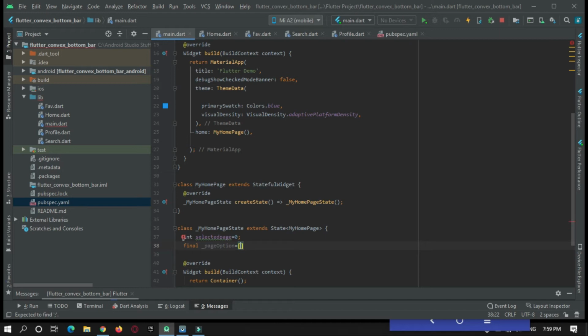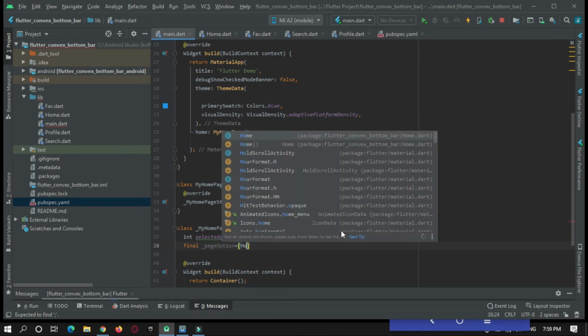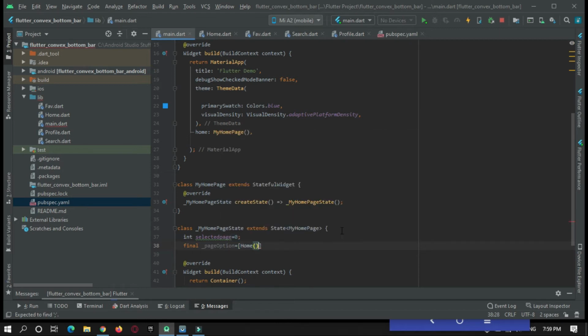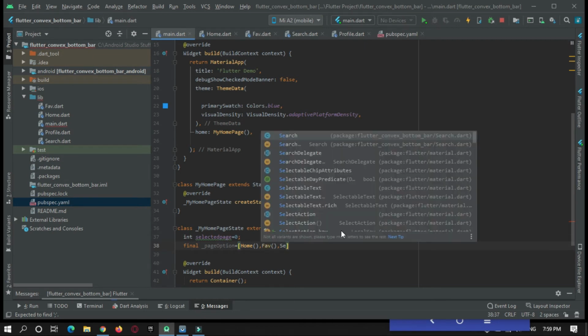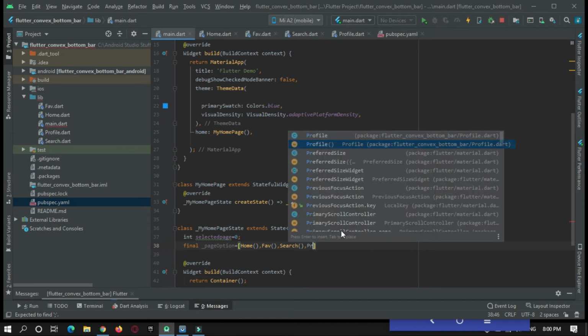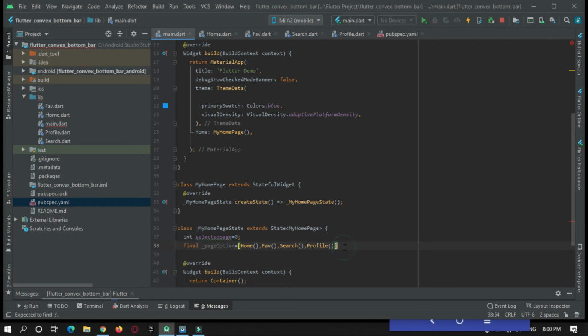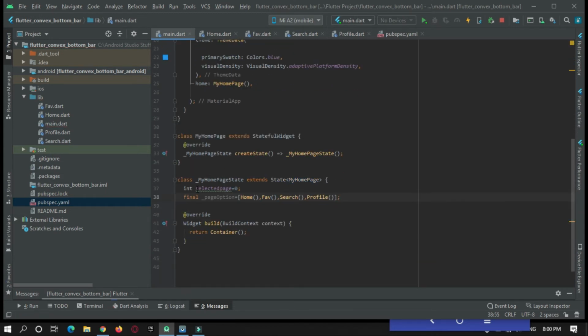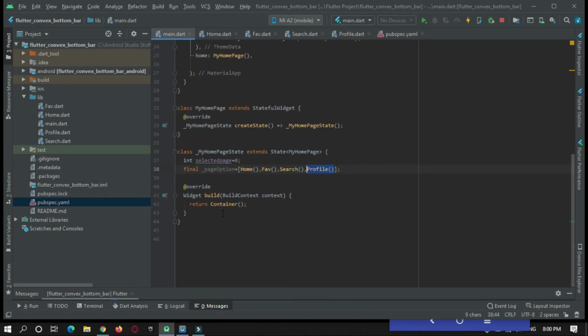This array will hold all the pages. First page will be home page, second will be favorite page, third will be search page, and fourth will be profile page. The first page will start with index 0, that is 0, 1, 2, and 3.